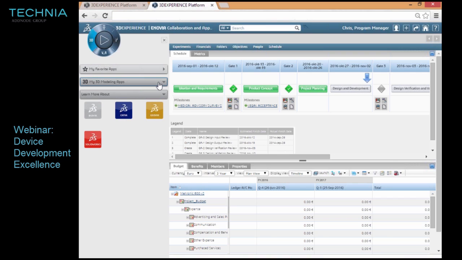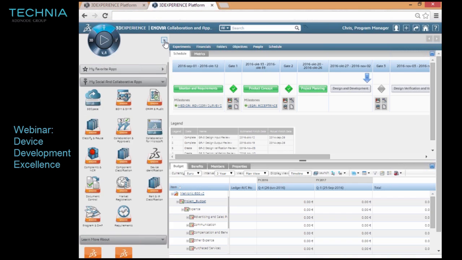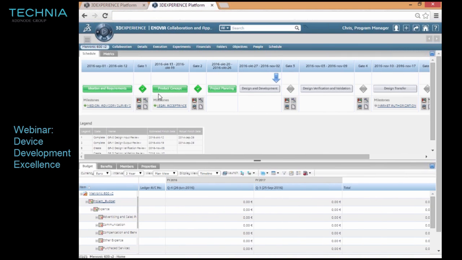If I would like to switch to finite element analysis or process simulation, I switch to my other applications for this. But we will stay in Innovia, and we will stay in the program functionality and project functionality. So I have my different